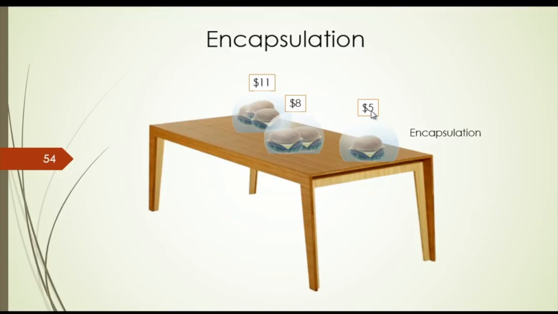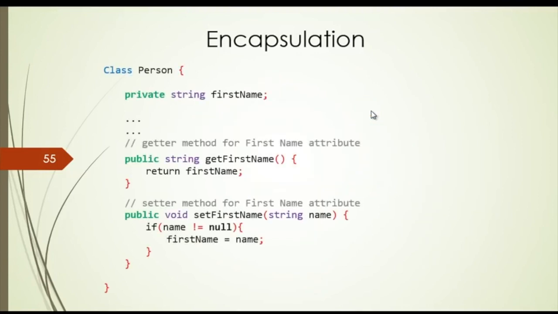So from this concept, encapsulation came in. Encapsulation, also known as data hiding or data protection. So let's see some code on encapsulation. So far you have seen the fields in my examples. I haven't introduced the properties, and this is the time that I'm going to introduce the properties.